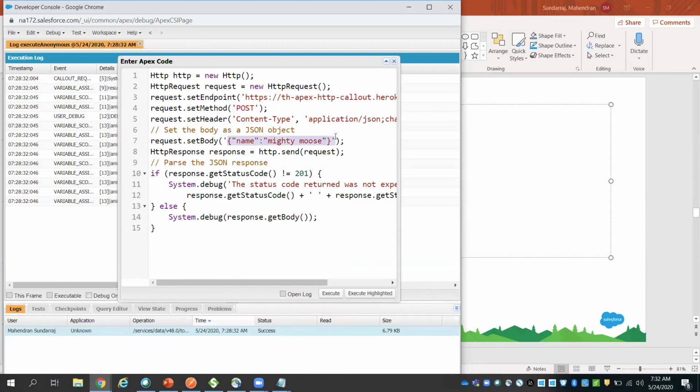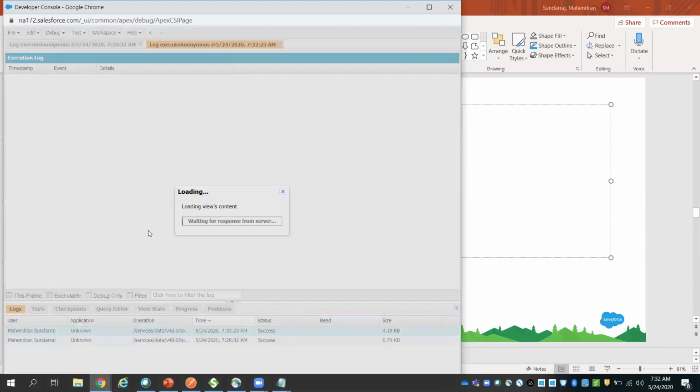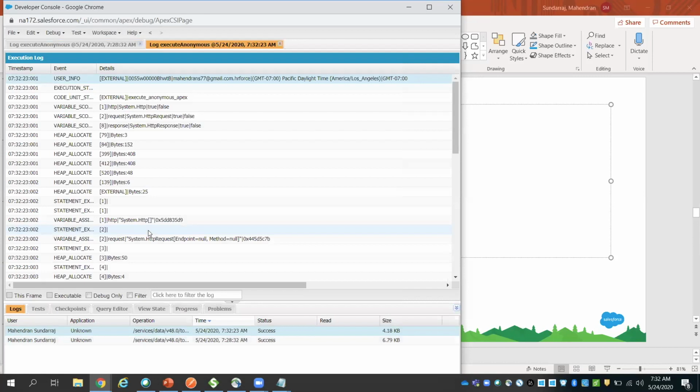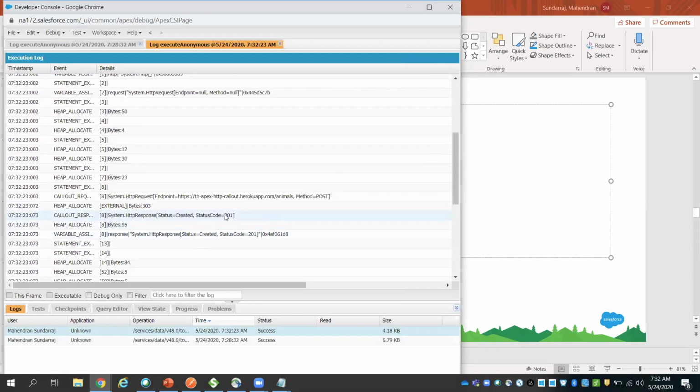Sometimes when you write the logic, you need to dynamically frame the body using some logic. So here I'm sending this body in JSON format. Sometimes you can also do it in XML format. And when I send it, this is the response we'll get. So here is the POST that we did to the endpoint, and we got the status code as 201 HTTP response code.